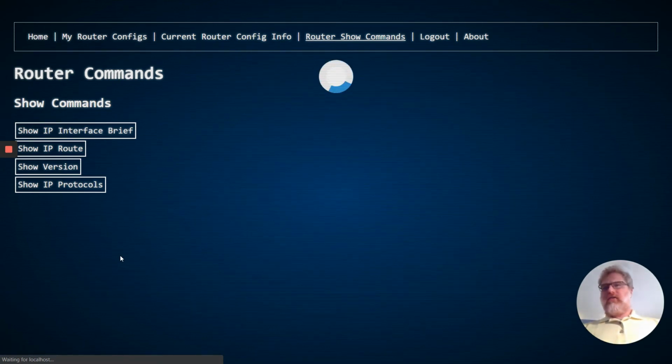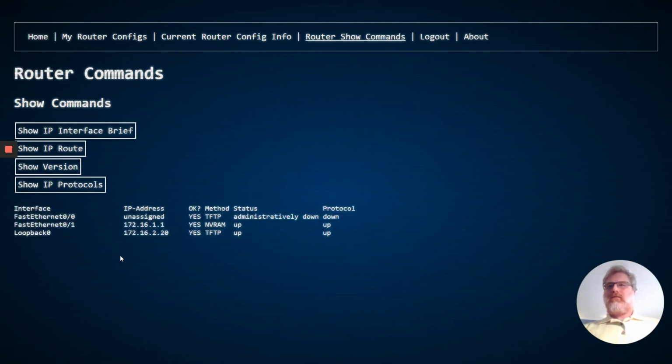And in addition to the physical interfaces, we should also see our loopback interface configured. And sure enough, there we go. Loopback 0 with an IP address of 172.16.220. In addition to being able to save and recall the configurations, you can also edit the configurations and delete